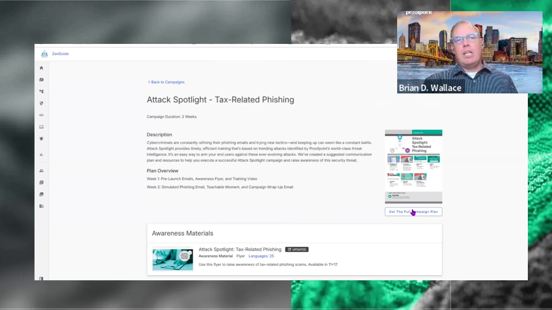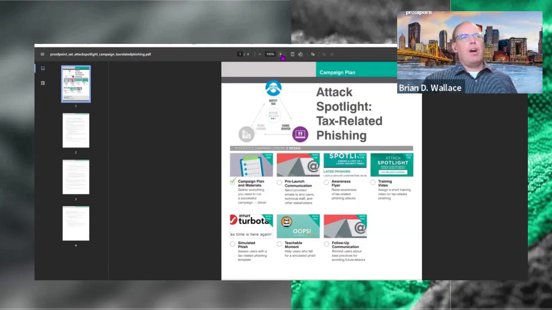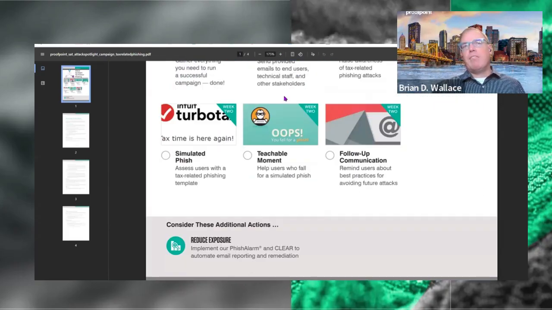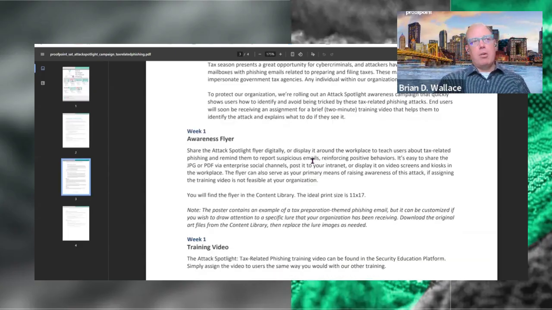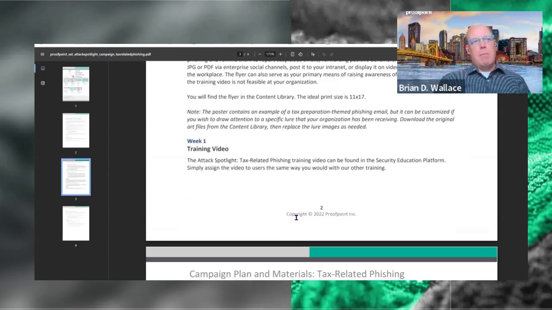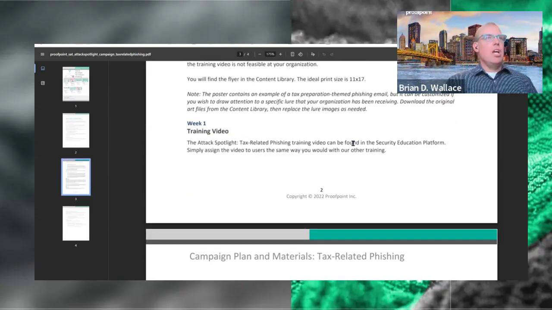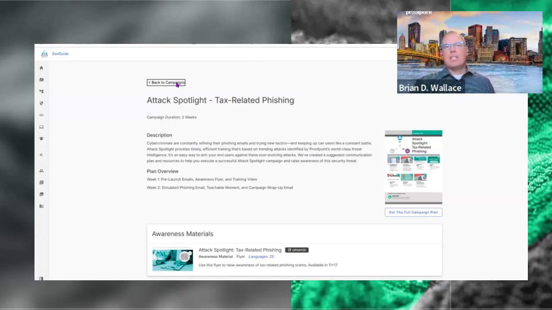So we can go in and we can look at these campaign plans and follow these campaign plans to the letter or follow them to whatever element you want to. We have our emails here, we have our awareness piece, we have our training. But in week 2, we have our phishing simulation. And we walk you through setting up that particular phishing simulation. So this is a way for you to get ahead of things because we know that's going to happen.